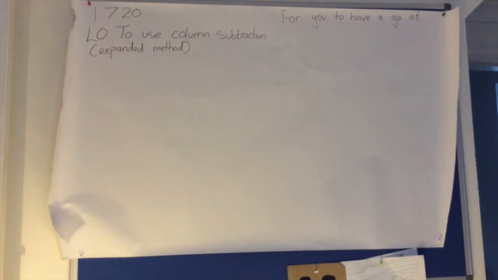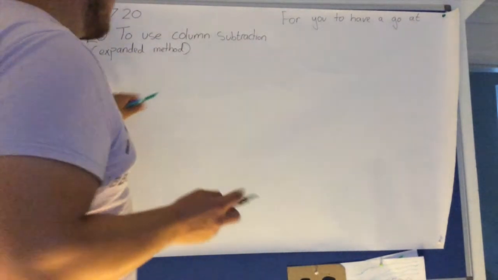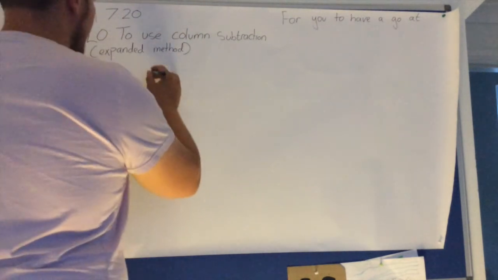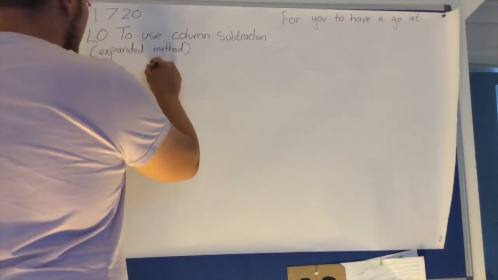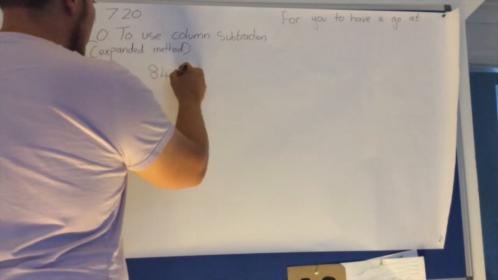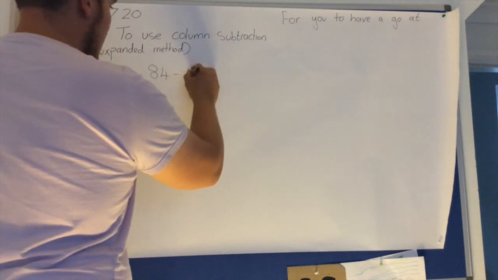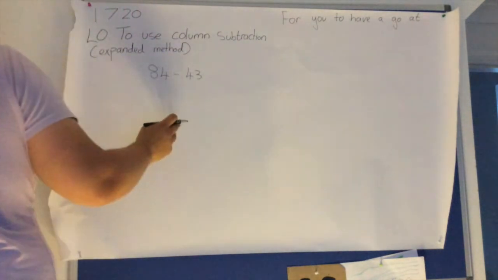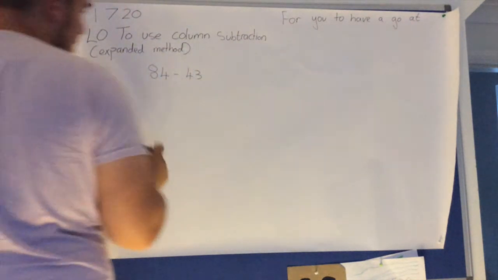Okay, so we're on the big board now, so I'm going to do column subtraction using the expanded method. So we'll walk through an easy one to start off with. So let's do 84 take away 43. Okay, so when doing the expanded method, what I'm doing is I'm partitioning these numbers into